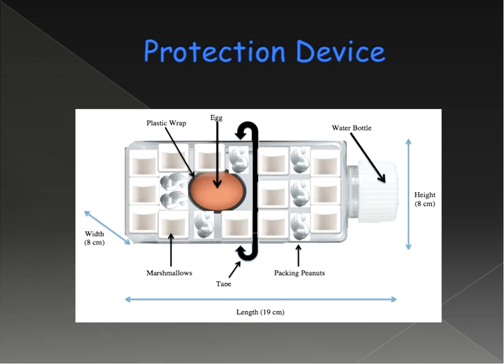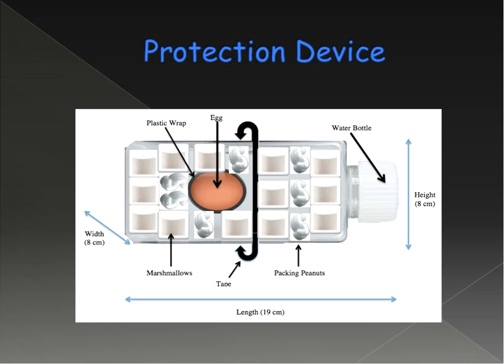Okay, so basically what I did was I created an outside shell, which was a water bottle. It's a square water bottle because we don't want the projectile to move too much after we shoot it and it lands on the ground, as we saw with some of the round projectiles. Then I went into protecting the egg. Basically, I used marshmallows to cover the outside of